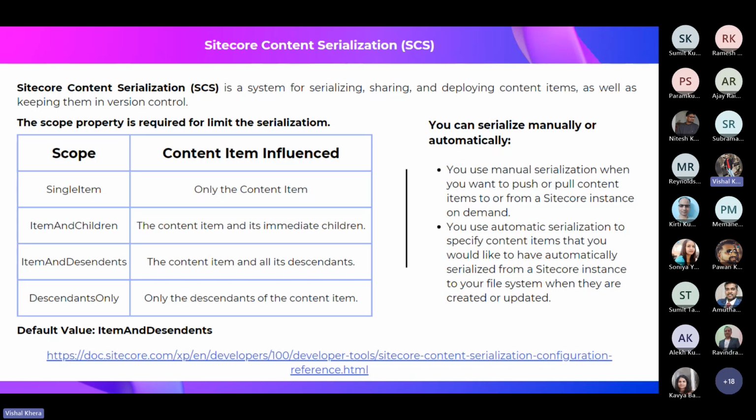And the default value is item and descendants. If we do not specify the scope with the path, then it will automatically take the item and descendants. So based on the requirement, we can set the scope, and we can serialize the content manually or automatically. That's up to us. If we want manual serialization, we need to trigger some commands from the terminal or from the CMD